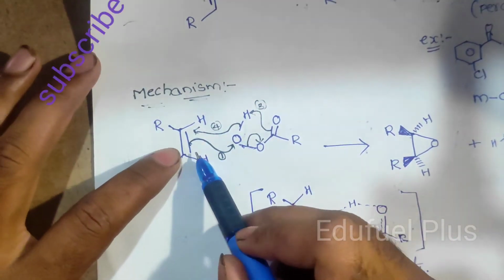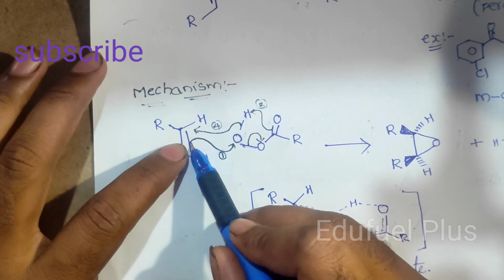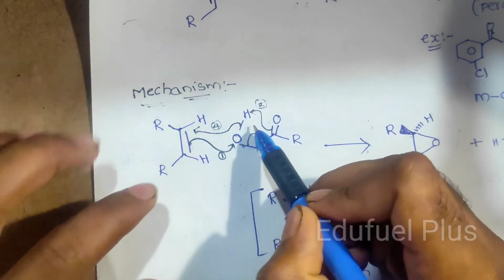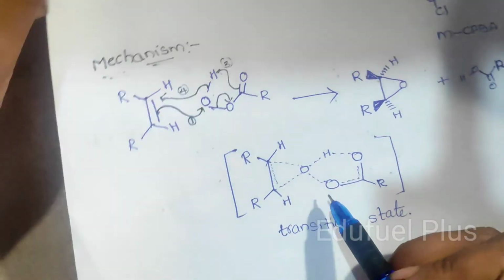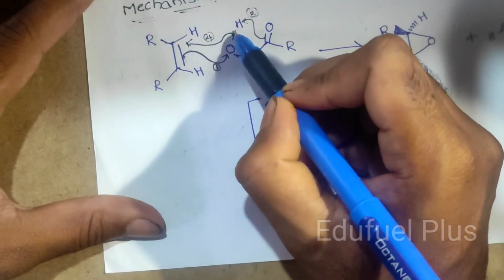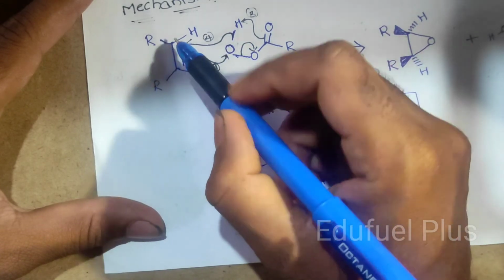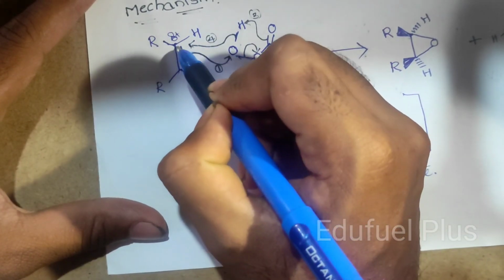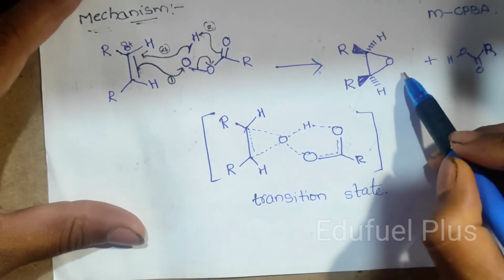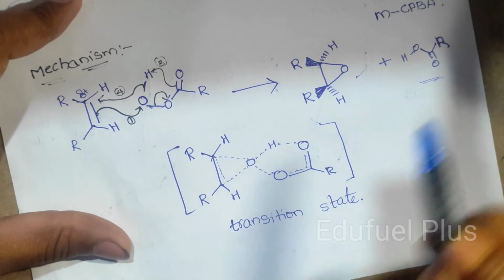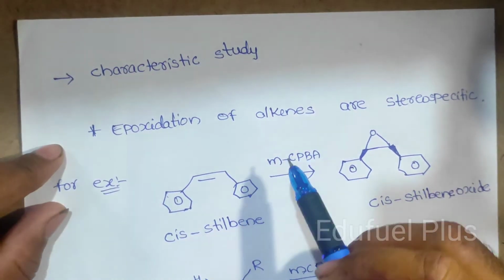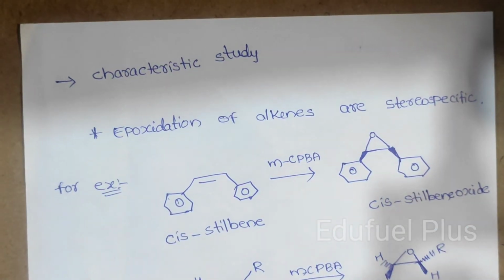Look at this. Now the alkene acts as a nucleophile, and these pi bonded electrons are donated to the oxygen, and the O-O bond breakage takes place with formation of a transition state like this. Look at this transition state, everything will be clear. This OH bond is donated to this partial positive charge carbon, and a 3-member ring forms like this at the final stage, and we are having an acid. So the transition state should be like this. Now we will look at some characteristics of these epoxidations of alkenes.